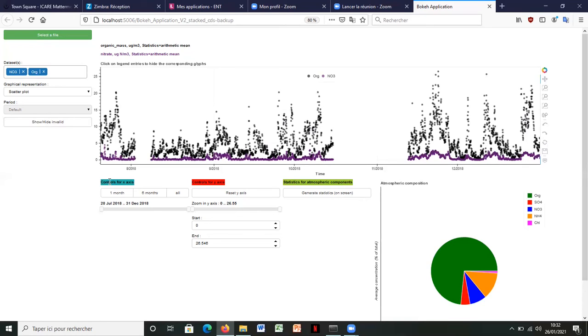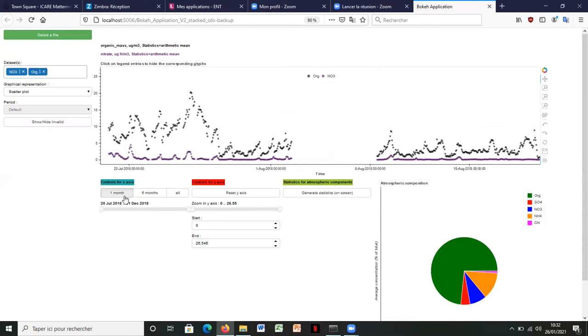This column enables interaction with the x-axis in order to change its scale. 3 buttons called 1 month, 6 months, and all allow the user to easily modify the scale. For example, if I click on this one, the scale is dynamically updated, and I can reset by clicking on all.